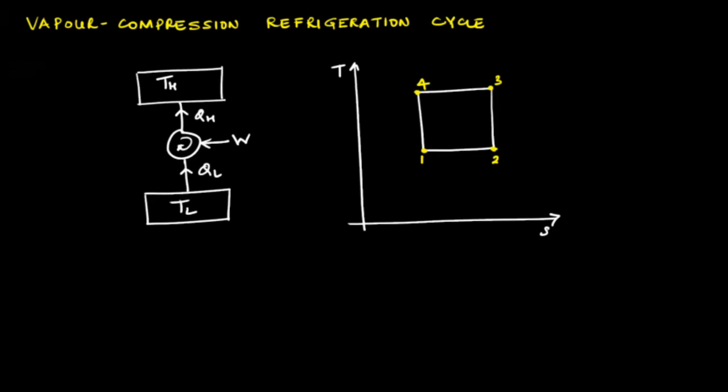So heat is absorbed in this process going from state 1 to state 2, and this heat absorption takes place at low temperature TL. And in a typical refrigerator, this process takes place in the evaporator section. Then the working substance is compressed to a higher pressure corresponding to higher temperature TH in a reversible adiabatic manner, that is in isentropic fashion, and this can be done using a compressor. And then the heat is rejected